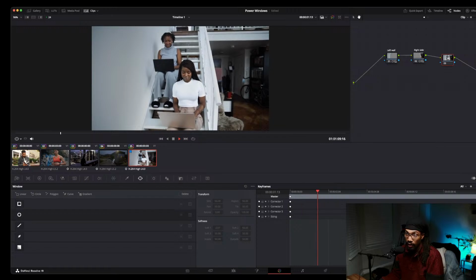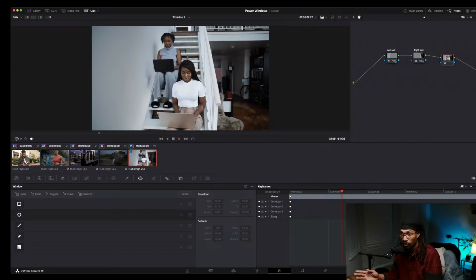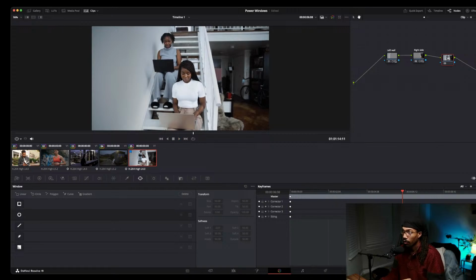And I'm not tracking anything because I don't really need to because they're not moving and nothing's really moving. If it was like they were crossing or the camera was pushing in, then I would. But we're going to go off and on. So this is where it was, and that's what we just did. But if someone wanted to get the brightness down off the walls and not affect them, you could do it